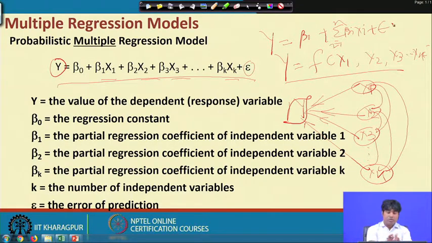If you write it separately, it will be y equals beta 0, beta 1 x1, beta 2 x2, beta 3 x3, up to beta k xk. When i equals 1, it becomes beta 1 x1, when i equals 2, it will be beta 2 x2, and so on, and where i equals k, the last term will be beta k xk. So ultimately this is the model.